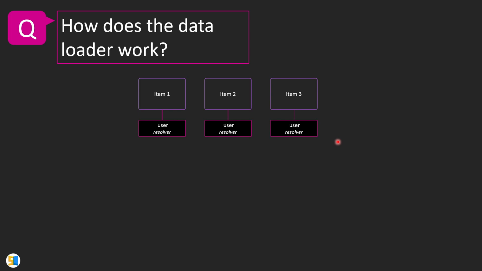So basically, in this graph, we have item 1, item 2, and item 3. For item 1, we will call the user resolver. Item 2, we'll call the user resolver. Item 3, we'll call the user resolver, right? So instead of this resolver calling the database or external APIs on its own,